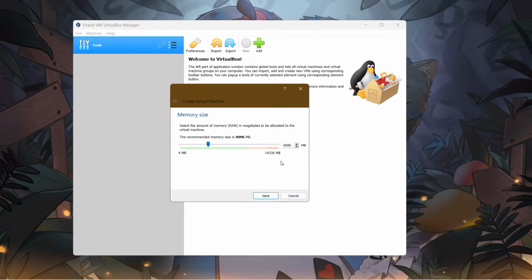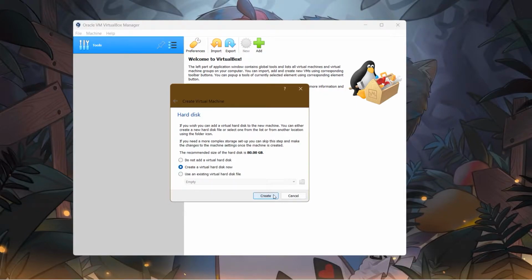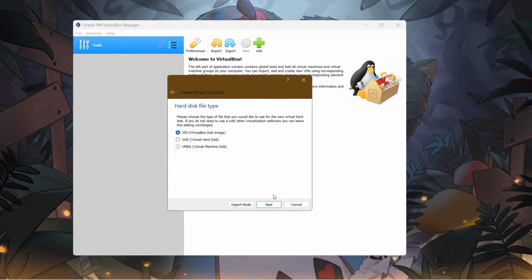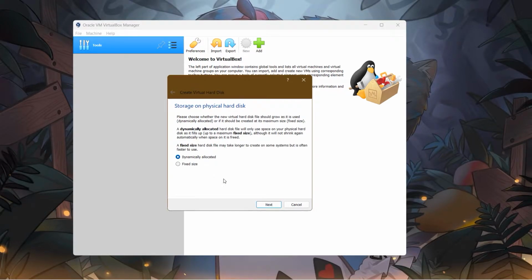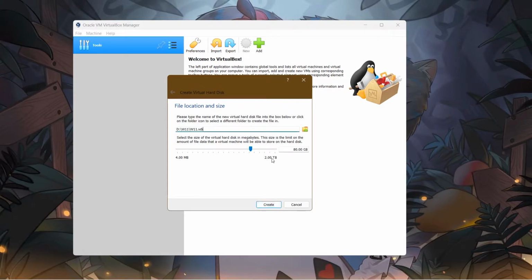Then you have to allocate the memory to run this virtual machine. I have allocated 4 gigabytes in my case. Click on Next, then you can click on Create, then just leave it as usual. You have to choose the virtual space for that ISO file. Click on Next, then you have to allocate the storage for that operating system. You can allocate 100 gigabytes. Click on Create,